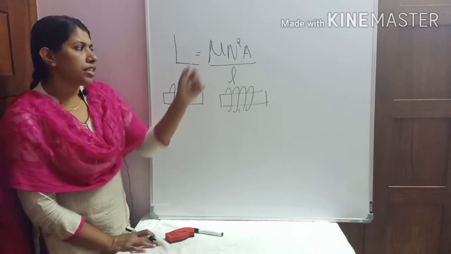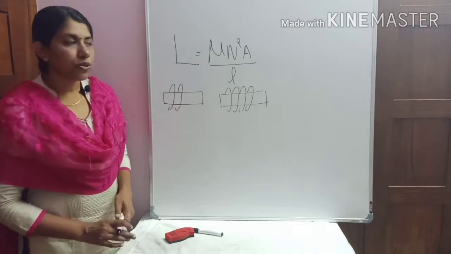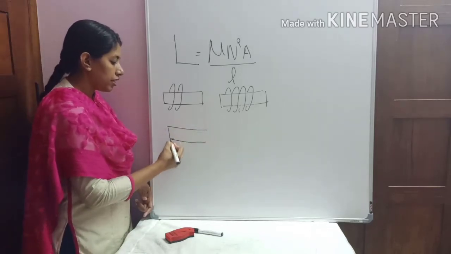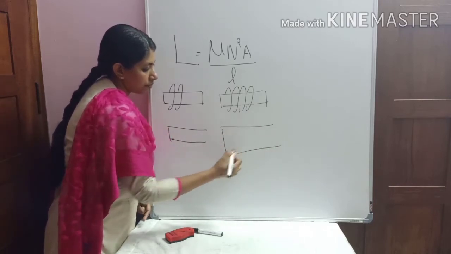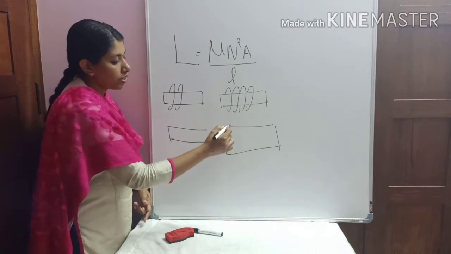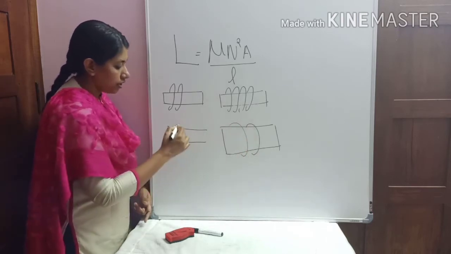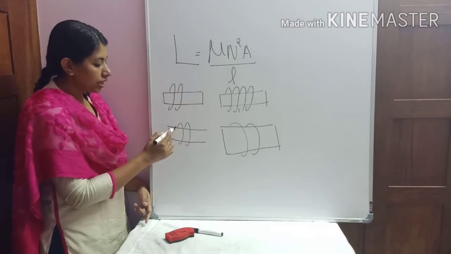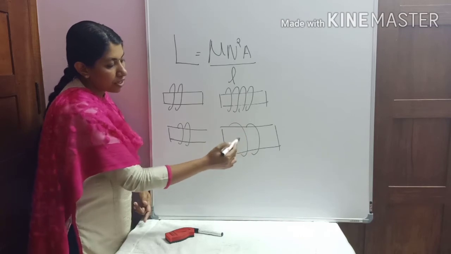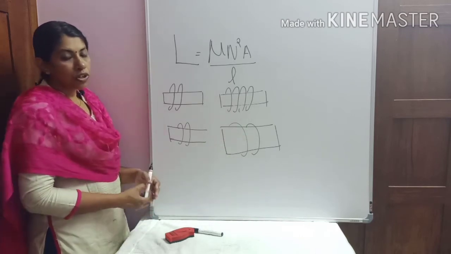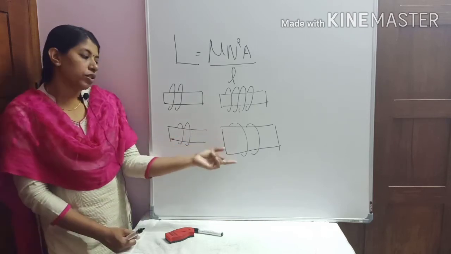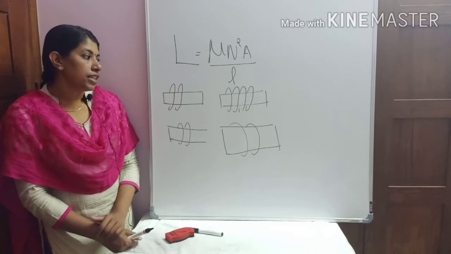Now consider the second parameter, area of cross section. When we are discussing the area of cross section, actually we are considering the diameter. Consider that we want to make a coil having a large diameter like this and another like this. For winding the coil, this will need more length of wire, right? In this case, more length is needed. In this case, that much is not needed. So here the current has to flow only through this much path, but here it has to flow through this much path. So here the magnetic flux will be more and the linkage will be more. Which means the induced EMF will be more, and the opposition will also be more in this case. So the value of inductance will be higher in this case.